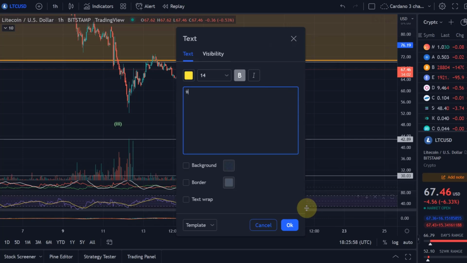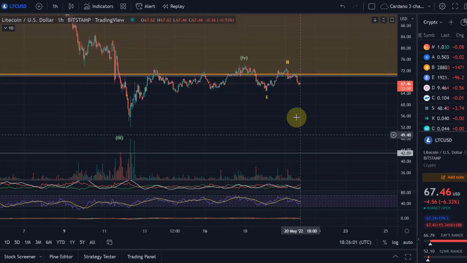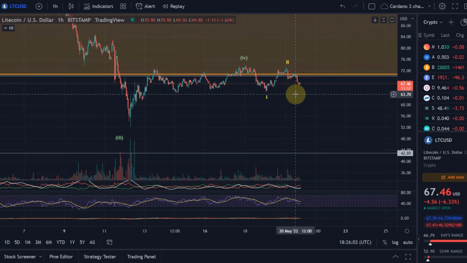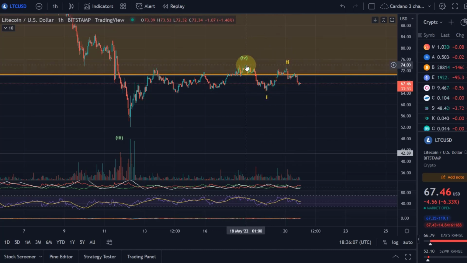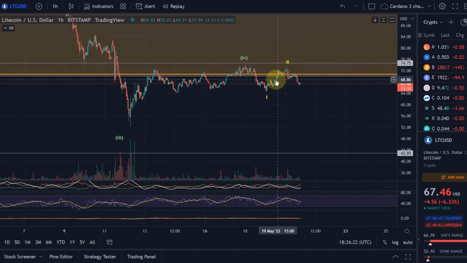And here I go now into a little bit more detail, because we want to understand, does it make sense? Is it really a wave 2? So first of all, a wave 2 cannot come above the beginning of the wave 1. So it should not move above the peak here of that little wick. So it shouldn't move above 74.25. So this is the absolute level, 74.25, I think I said.